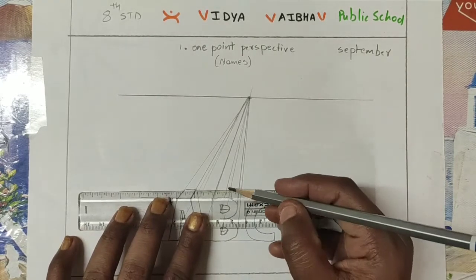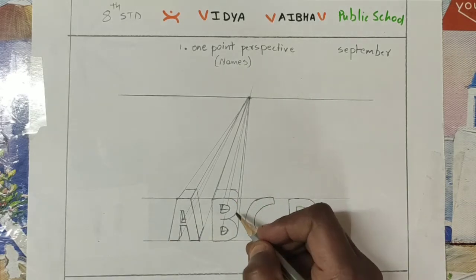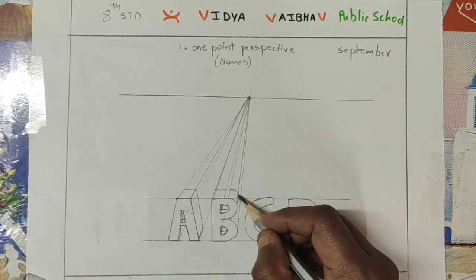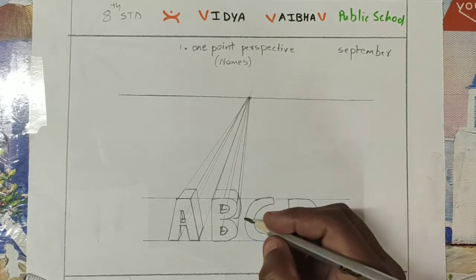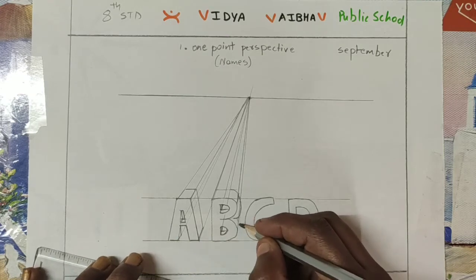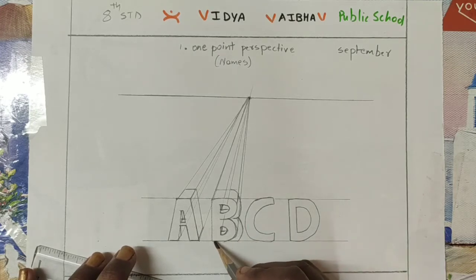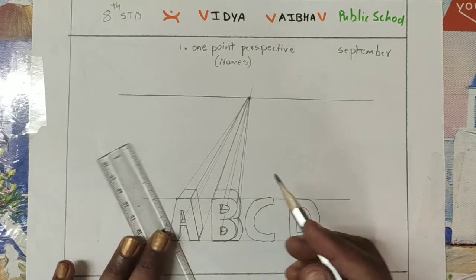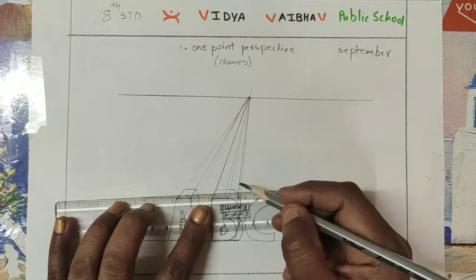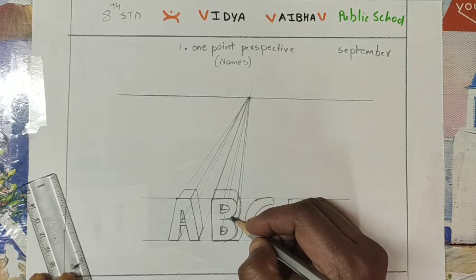See, this is how we should take a measure. See how we did for the A. The same way with that width we are doing for the B. So now after completing the depth, I'm giving the stroke a little dark, and also I'm not erasing the imaginary line. Imaginary line should be like that only.